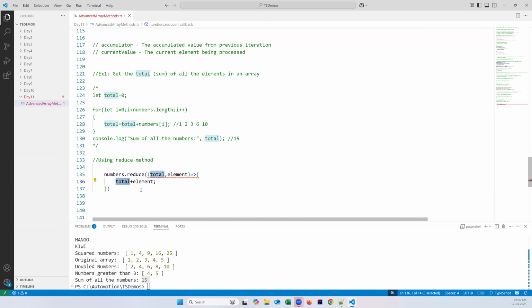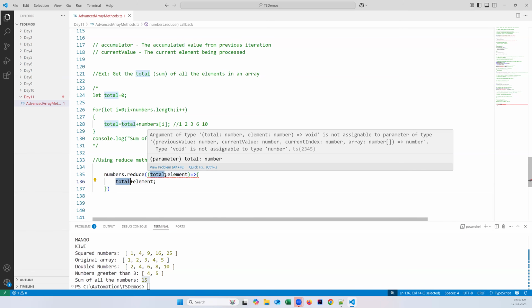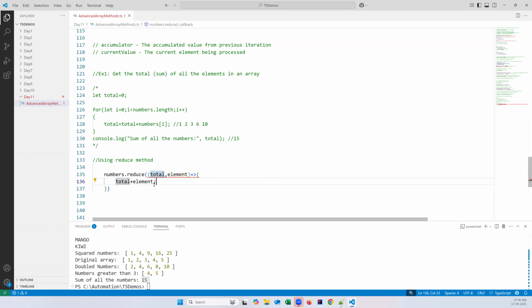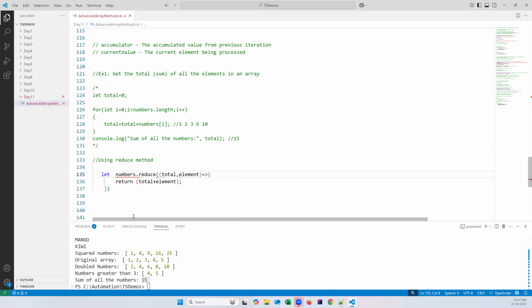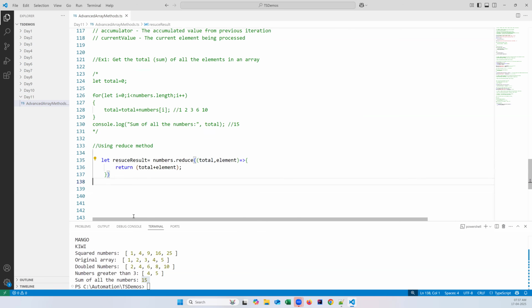Initially the total value it will take is 0. By default 0 it will take. So total plus element. And also we need to return this. I can say return total plus element. And do we need a variable here? Yes. So I can say reduceResult or total, anything. I'm just providing it. And here I'm printing console.log